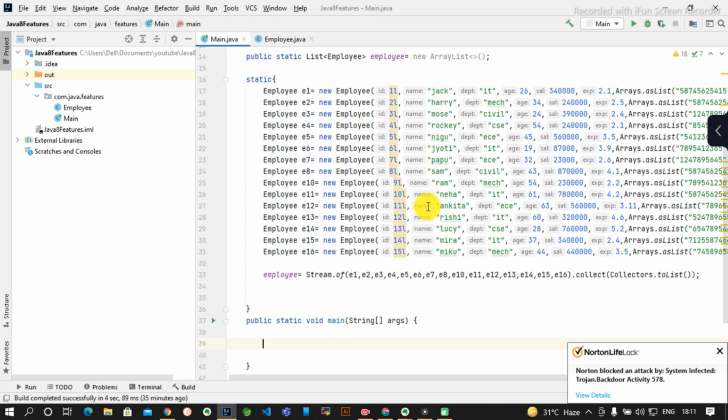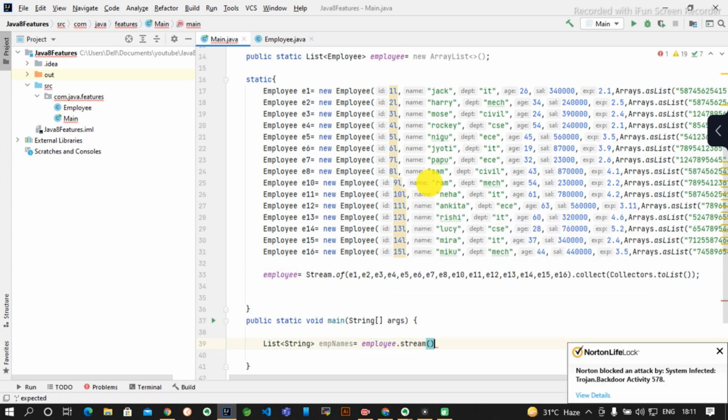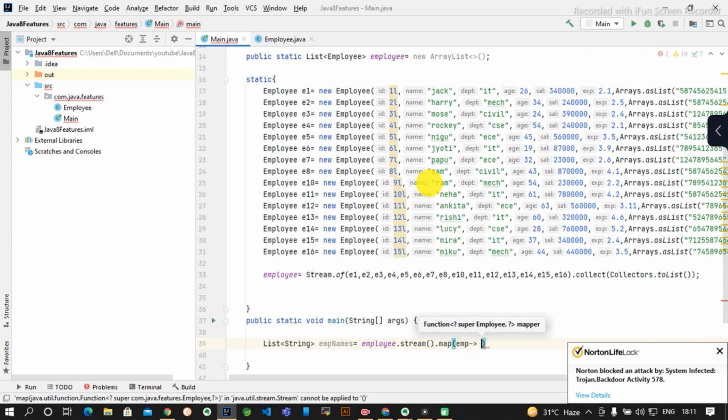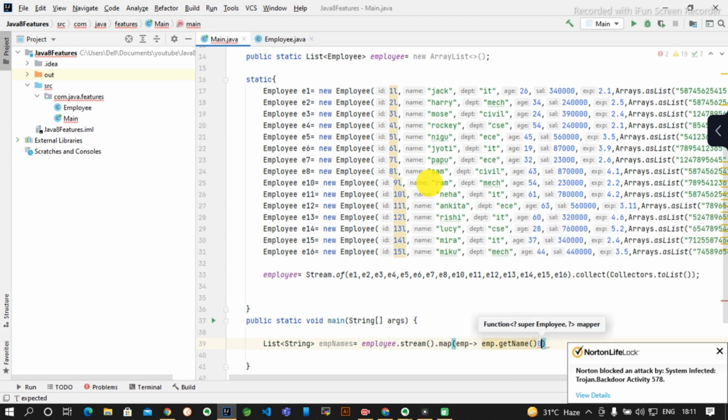Employee names means we will be expecting a list of string, so we will write List of String emp names equals employee dot stream dot map, emp dot get name, dot collect Collectors dot toList.